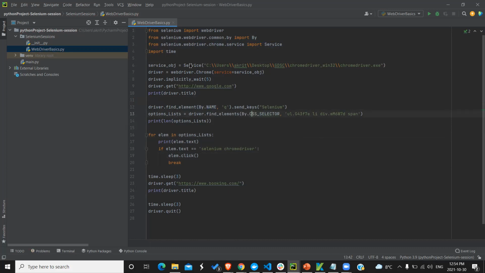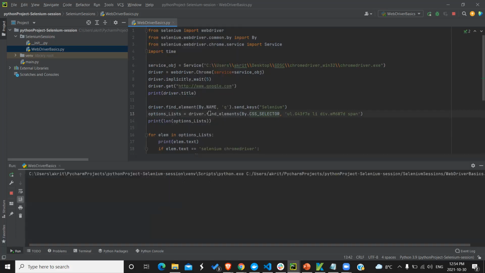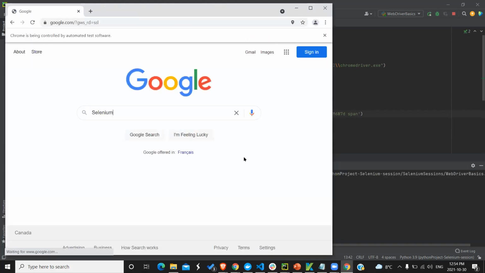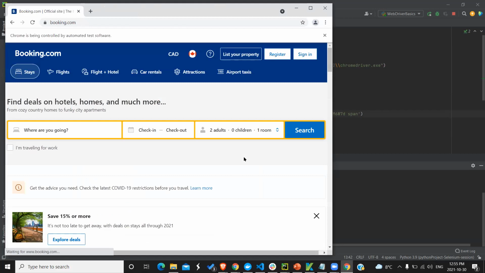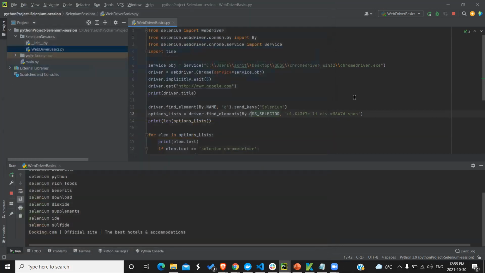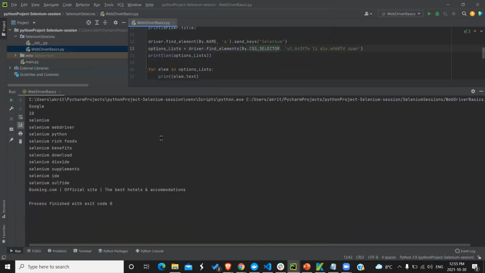When I run the script, it opens the driver, enters Selenium, and gives me the available options. I select one and then go to booking.com. I have tried to demonstrate that.